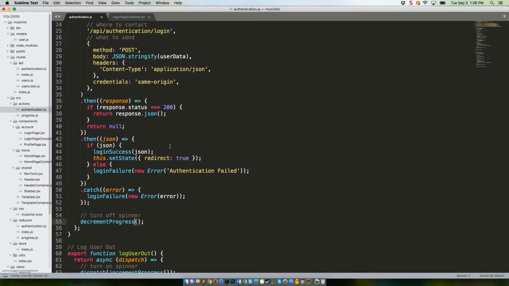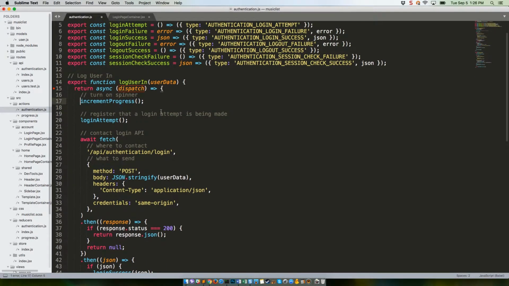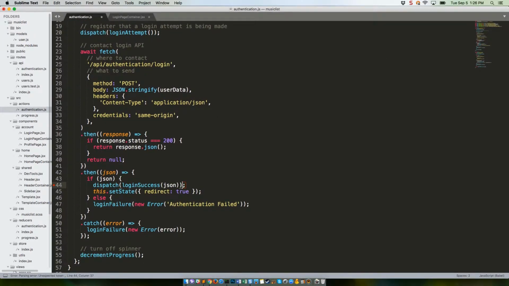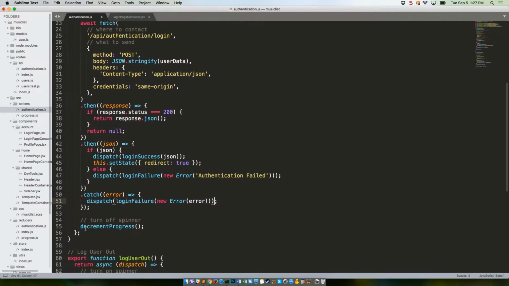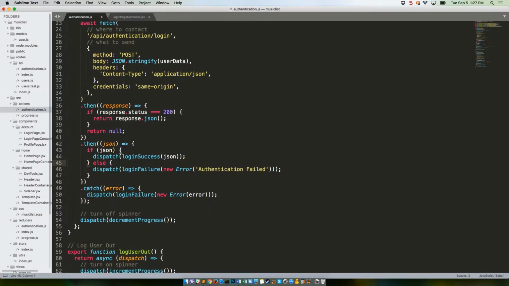Now wrap all 6 of those functions in dispatches. Don't forget the parentheses. Remove line 45, this.setState redirect true, entirely. And on what is now line 54, add a return before this dispatch. Okay, with all of that done, save the file, and head back to